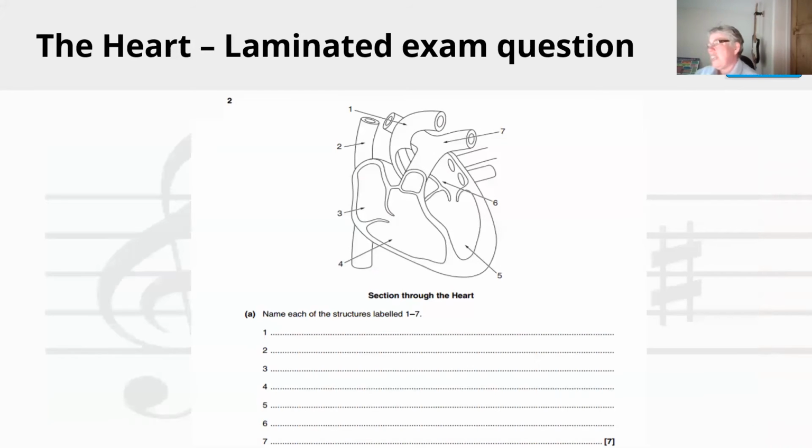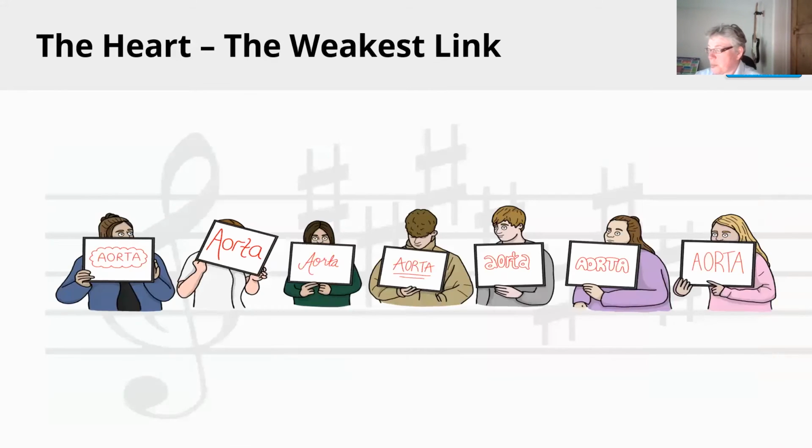So here's a laminated exam question. Get an exam question, blow it up to A3, laminate it, and then you can write the answers on that laminated question. And finally, we will play the weakest link. And I'd say, what is the biggest artery coming out of the heart? And then they write down aorta. You can see some of them are hiding